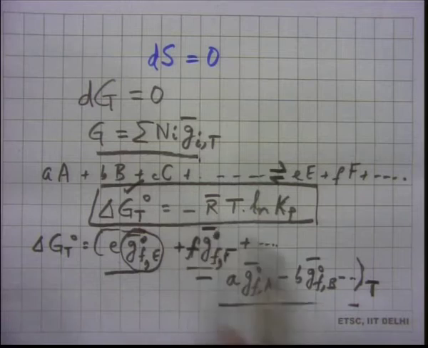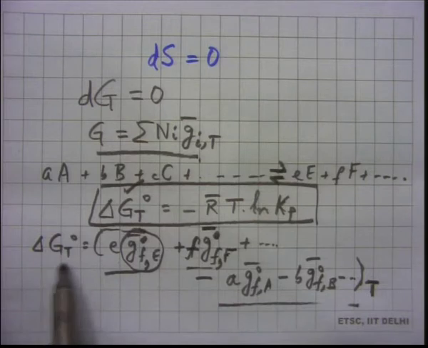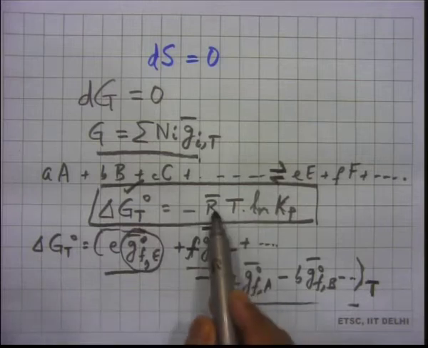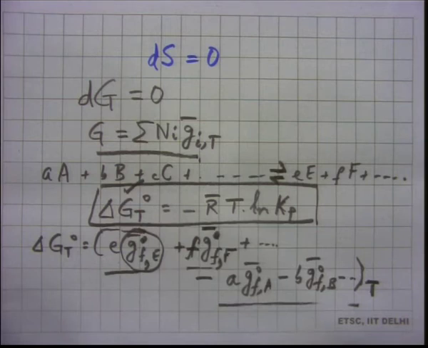We know R bar. We are talking about a system where there are some reactants at some pressure and temperature, and we are trying to get the equilibrium composition corresponding to that same pressure and temperature. So, we know the temperature. Somebody has told you that, okay, this is a mixture at 1 atmosphere, 2500 Kelvin, and we are interested in getting the equilibrium composition. So, we know the temperature, so we can get this delta g T naught. R bar is the universal gas constant, T is the temperature, that same 2500 Kelvin which you are talking about.